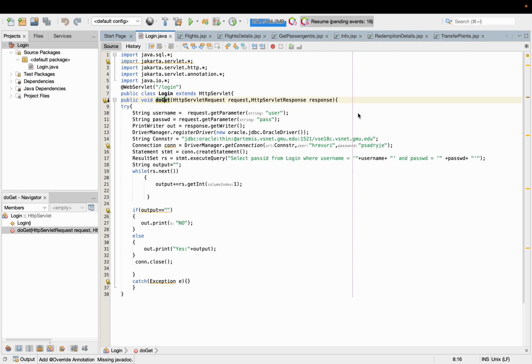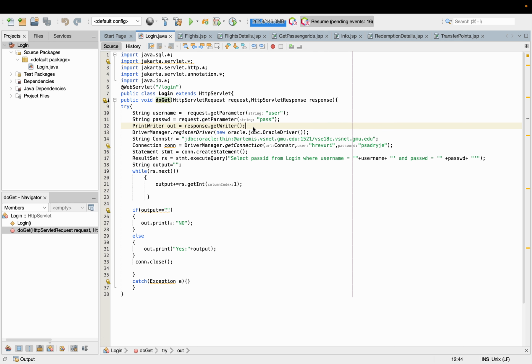Here the whole point of using a doGet method is to get the request from the browser and to send back the response to the client. So I've used HttpServletRequest and HttpServletResponse as the object parameters for this doGet method. We've created two strings to pass the input parameters, which are username and password according to the requirement, and then I've created a variable called out for the PrintWriter so as to